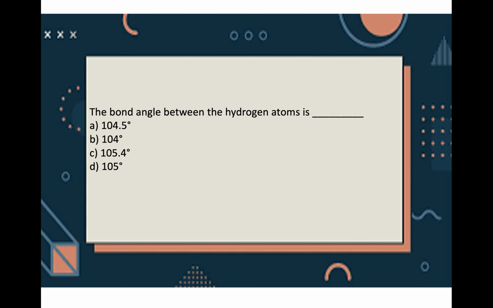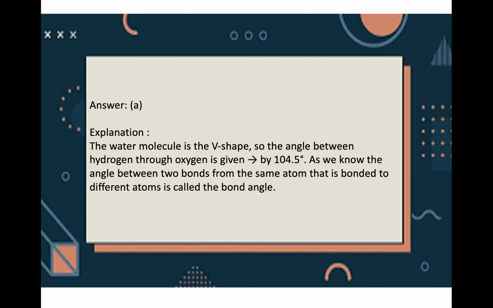So next question is, the bond angle between hydrogen atoms in water is 104.5 degree, 104 degree, 105.4 degree or 105 degree. So the correct option is 104.5 degree, option A. So the water molecule is V-shaped. The angle between hydrogen through oxygen is given by 104.5. So we know the angle between two bonds from the same atom that is bonded to different atoms is called